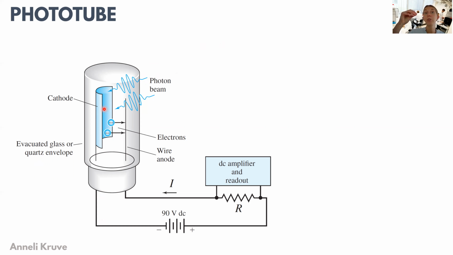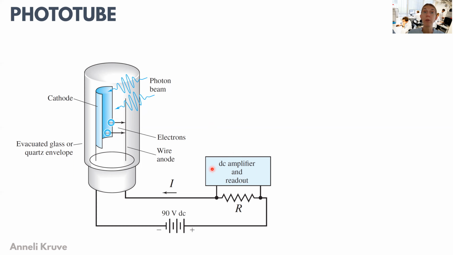These photons are sufficiently energetic to knock out some electrons from the photosensitive material covering the cathode. And these electrons migrate to the anode, and this causes an electric impulse,